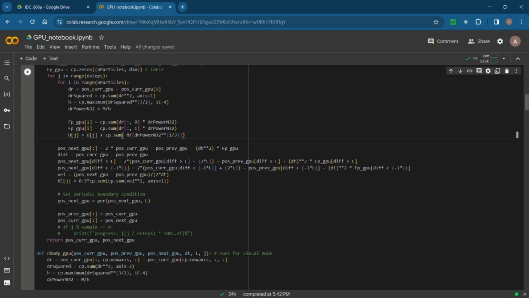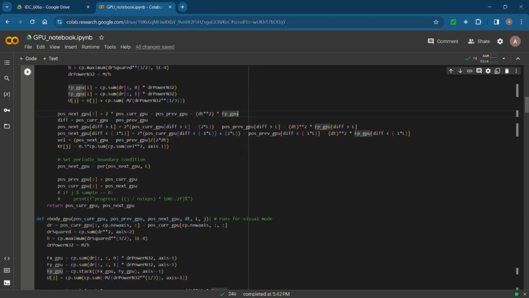So next, this is the Verlet algorithm. This gives you the position of the particle in the next time step as a function of the position of the particle at the current time step, the position of the particle in the previous time step, and of course the force. This Verlet algorithm you can study in any standard molecular dynamics book. It is a pretty easy thing to derive.